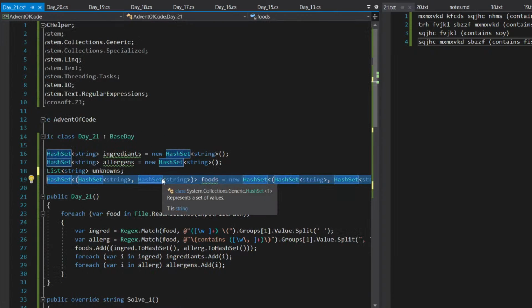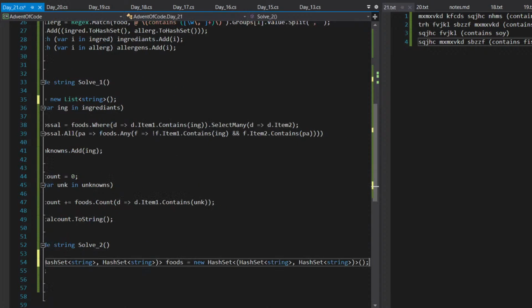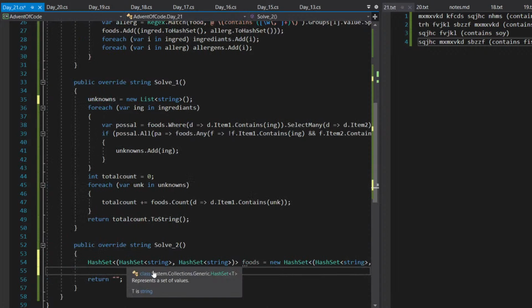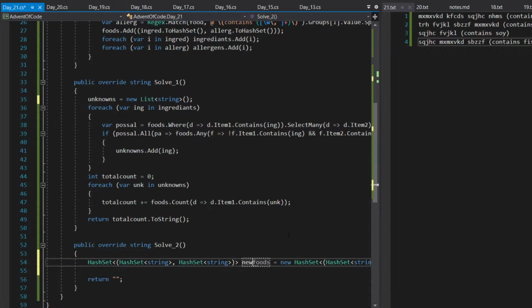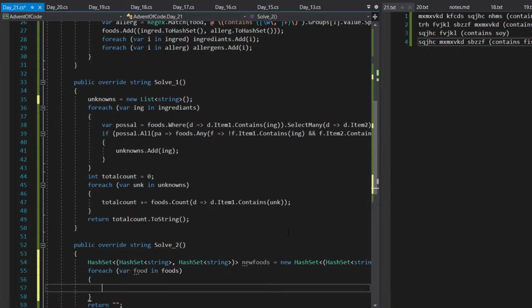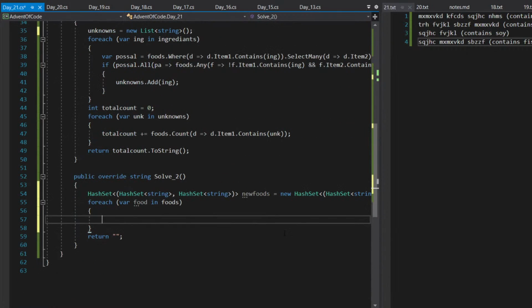We want to take a new set of foods. And in this new set of foods, I want to remove the unknown ingredients from this new food list. And I'll do that by